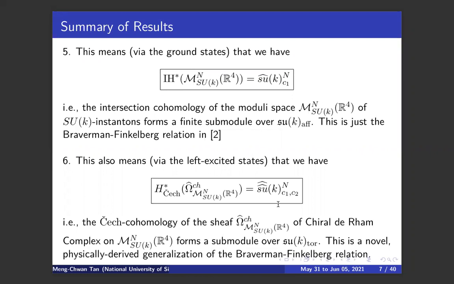Okay, well, physically you could see the Čech cohomology comes in because you're looking at left excited states which have partial derivatives in Z, and that's described by Čech cohomology. And then for the left excited states of the little string theory, you have two loops, and then of the 2-2 sigma model, and that's how you get the toroidal algebra. Okay,